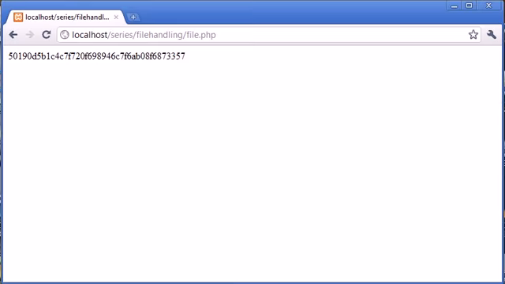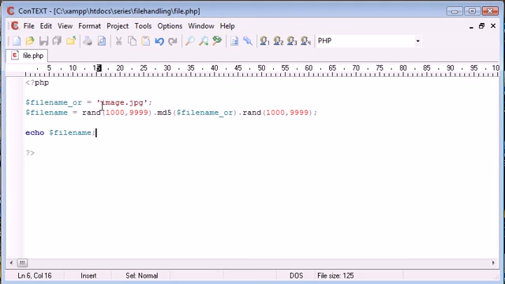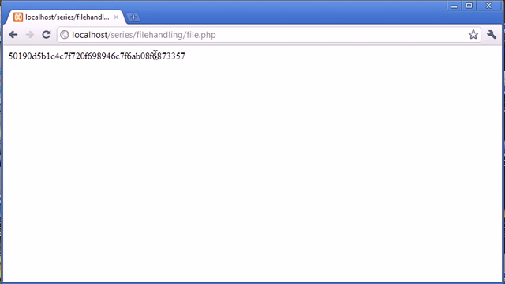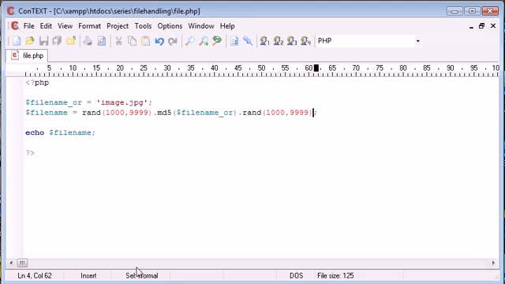our server. So let's say the first user uploads an image called image.jpg. Everything's fine, the image is stored. However, what happens if, say, 1,000 users later, someone else uploads an image called image.jpg, and this random number here and this random number here happen to equal the same as what's already been stored here and what's already been stored here. So there's a way we can deal with this, and we need to use the